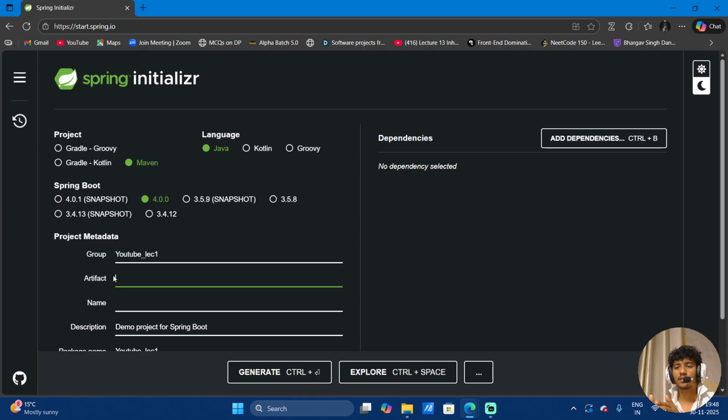Basically we are just telling that at the end, the folder that the system gives me after my application is built, the name of that folder is the artifact. Okay. So I'm just going to give it the name